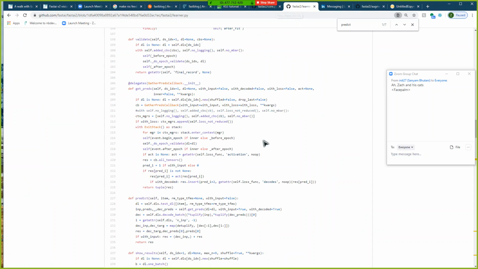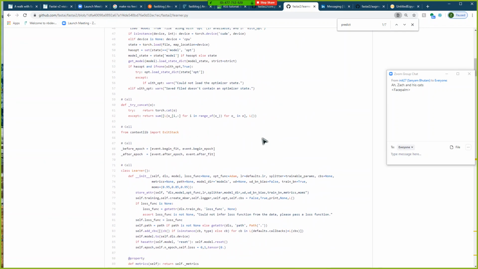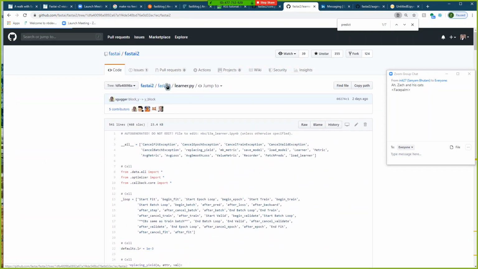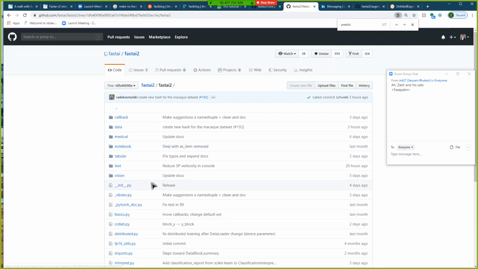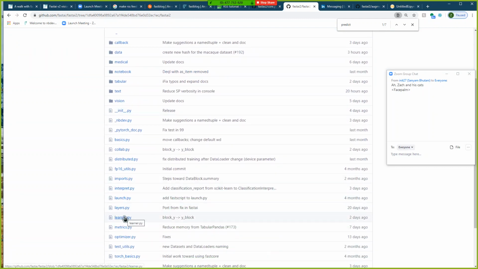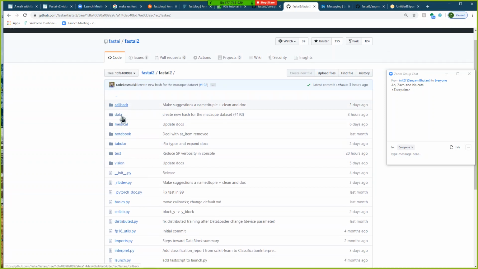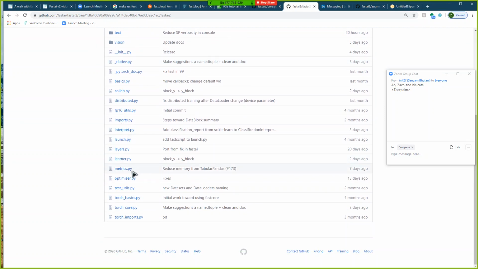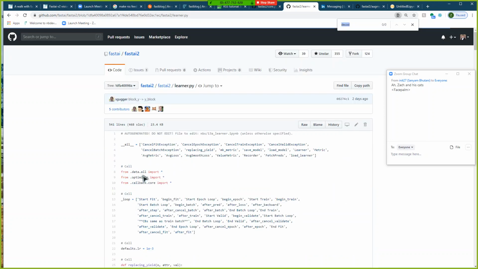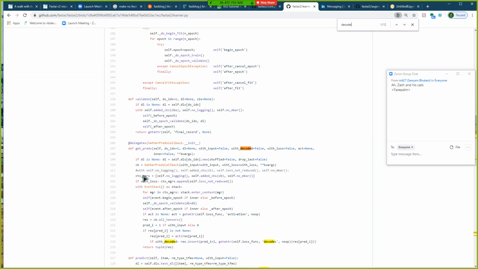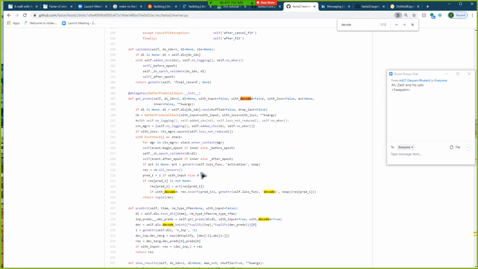And so we can look at that in, say, I believe it's in the metrics. I'm still trying to find out exactly where this is located. But the general concept is, let me see if I can find where this actually is stored. We're going to do this live, so it's going to be fine. Maybe it's here, decode. Yeah, so if we do loss func,